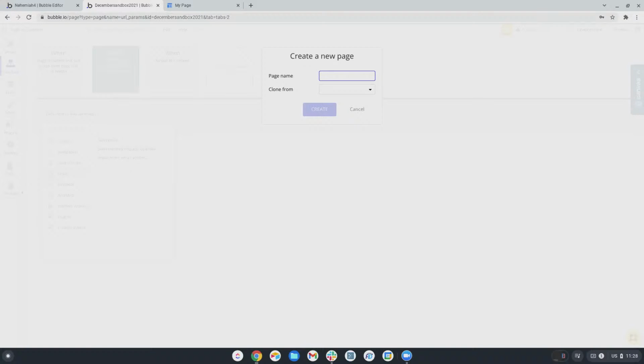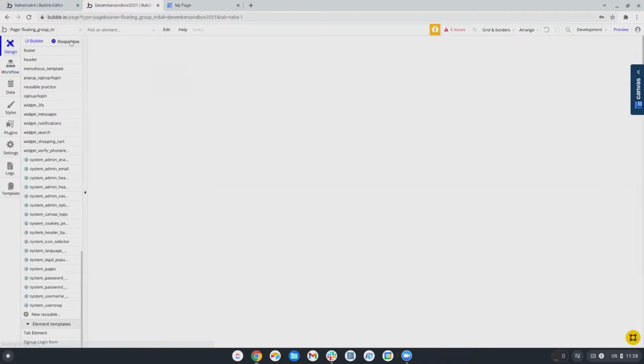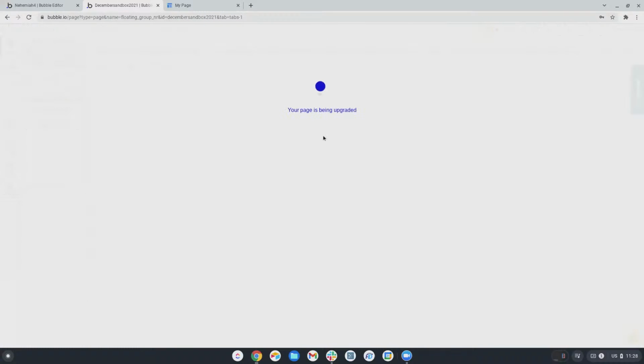Yeah, it's really weird, huh? So what I've been doing is using margins for that. So floating group, new responsive. So if I convert this page to the new responsive,